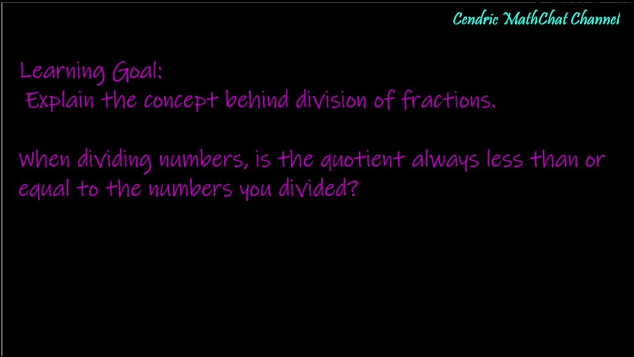So let's get started. For example, we have 6 divided by 3, and we know that the quotient is 2. So we have 6 to begin with, and we need to find how many groups of 3 can I make out of this 6. And we know that we can have 2. 2 groups of 3 will give us 6. Okay? So with this in mind, let's take a look at this